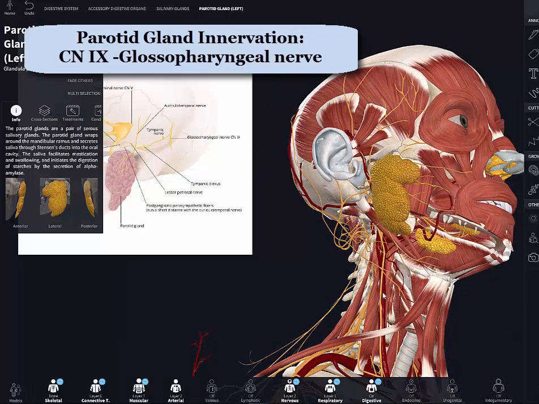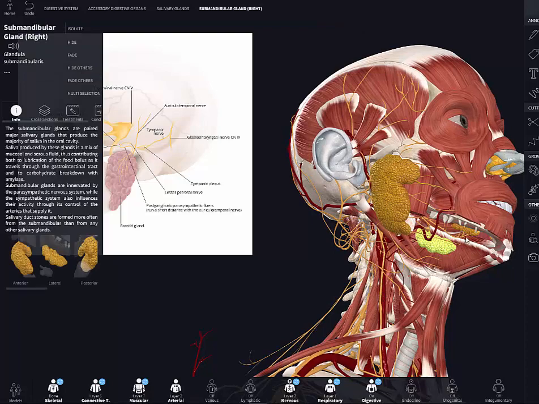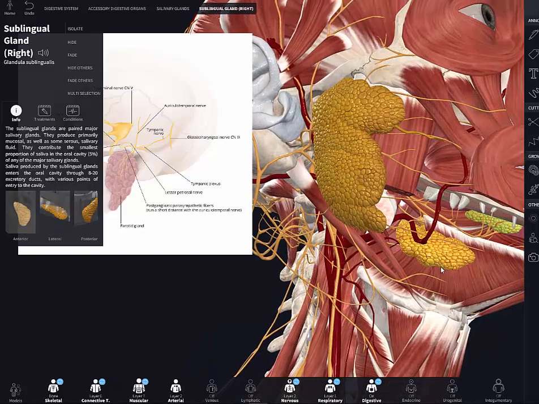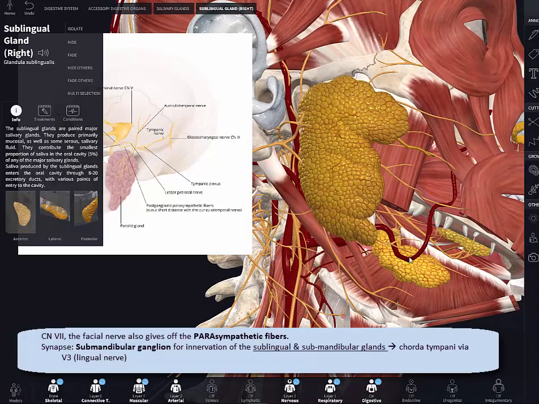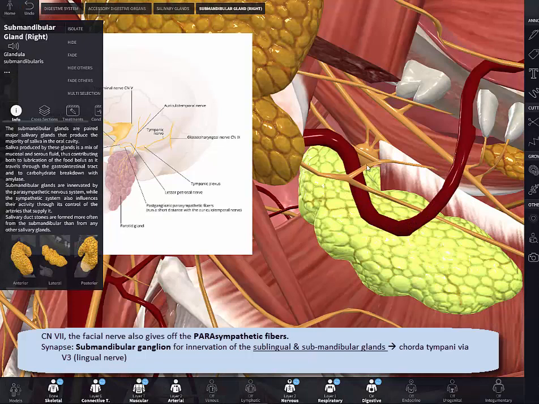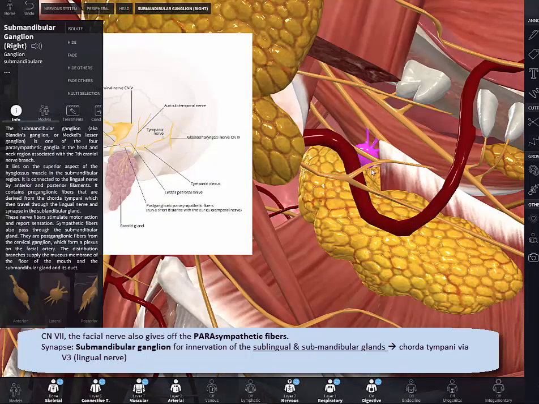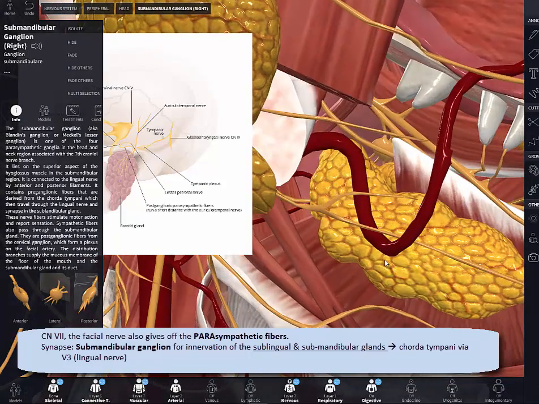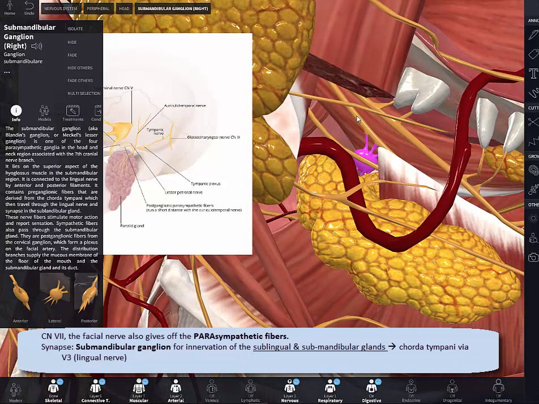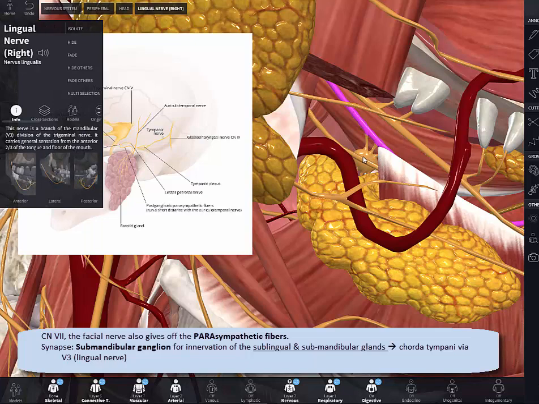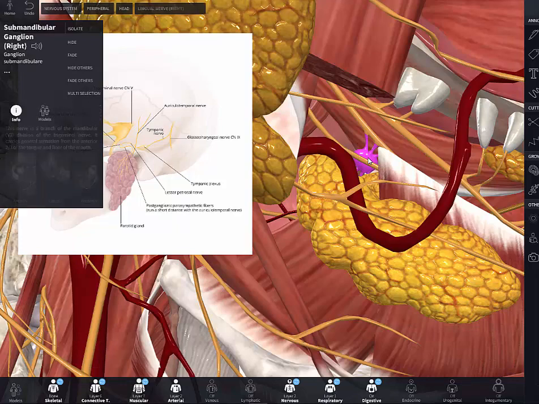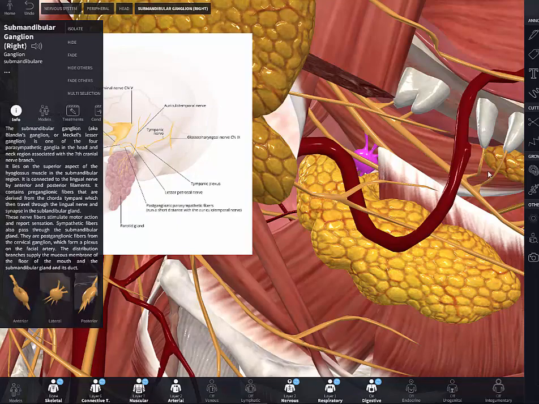The other two pairs of glands that we have are the submandibular gland and the sublingual gland. The cranial nerve responsible for the innervation of the submandibular and sublingual glands is cranial nerve number 7, the facial nerve. And the ganglion for this is called the submandibular ganglion, as you can see here. The submandibular ganglion is hanging off of a branch of the trigeminal nerve called the lingual nerve. And so along the lingual nerve, which is from the trigeminal, as I said, you have the parasympathetic fibers. They're presynaptic. They then reach the submandibular ganglion, synapse here, and then they travel to the submandibular and the sublingual